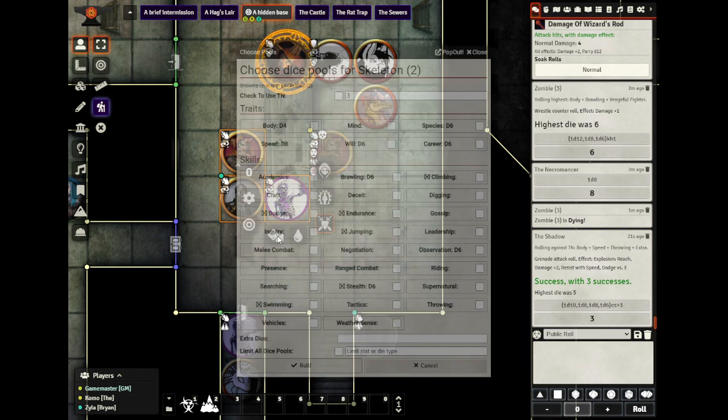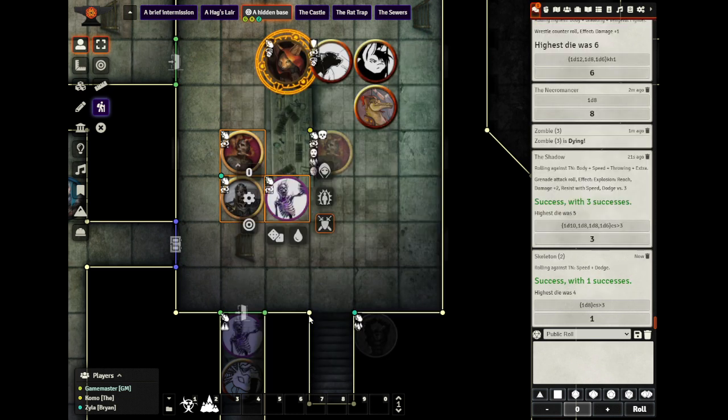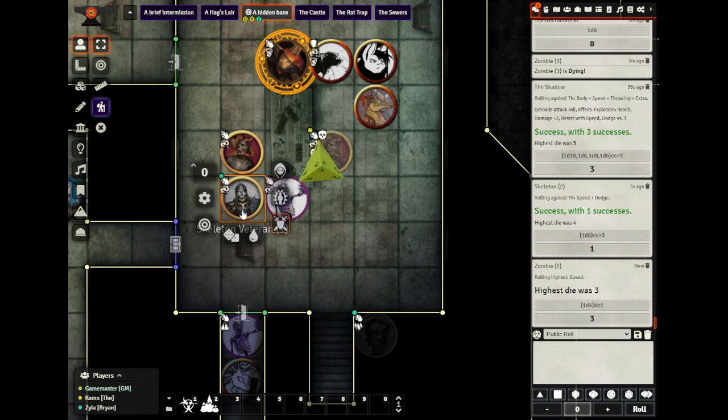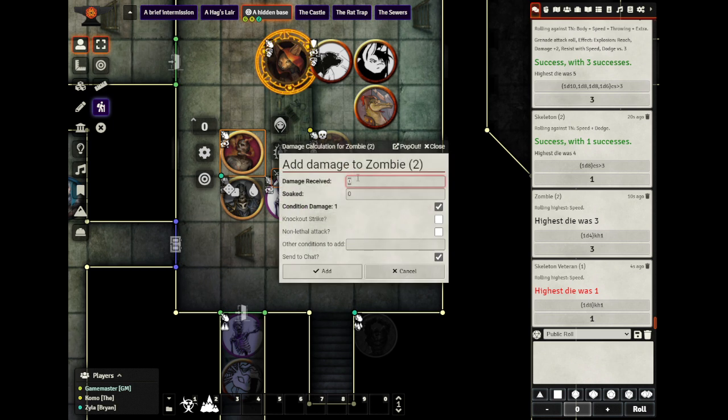I can't do... oh, can I open this window? It just works? No. What is it? It's speed and dodge. Unfortunately, skeletons are fast. They need, however, 3 successes to succeed. Okay, so this guy only takes 4. Not that much better. I think that's all they can really manage, though. Highest was 3, so he doesn't even succeed. Speed. Okay. Highest was 1. Ooh, that hurts. Alright, let's apply some damage. The zombie takes 4. He does...